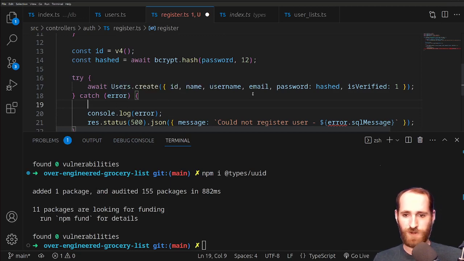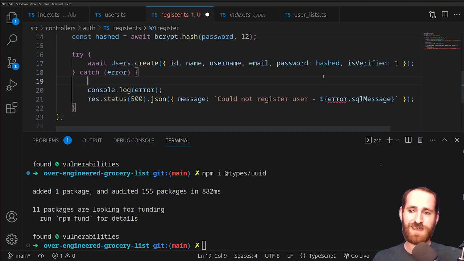So here, what I can do is save the value of error to a new variable that I cast to the MySQL error data structure. That means that everything here will have IntelliSense on what exactly it is. But as far as casting this, it's a little weird. And I hope the next few generations of Node and TypeScript get things figured out, or at least the community starts not throwing non-errors. But